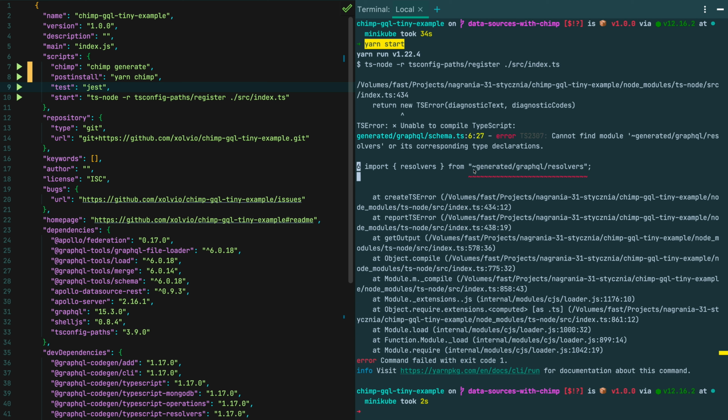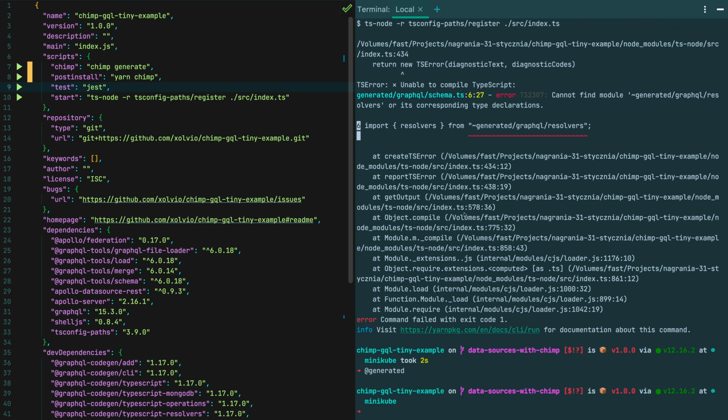And that's because we've changed the default from using the at prefix for the generated and for the app. We changed it to the tilde. This is the pattern that we see widely used in the community, and it makes sense because you couldn't have a package named like this, but you could have a package named generated, and we don't want to have a conflict. When someone looks at the code, we want this to be clear that the import is actually an alias and not some kind of a package. So there's two things you can do here. One is that